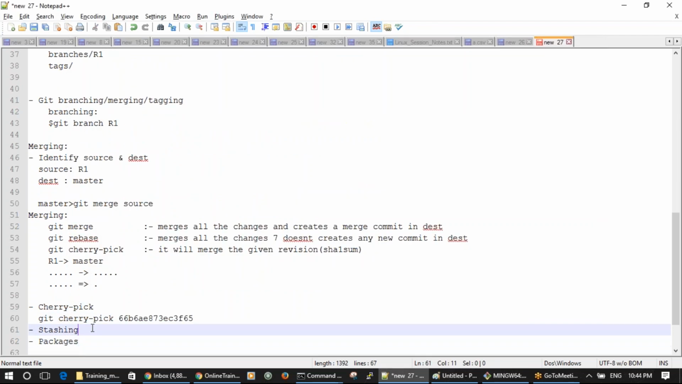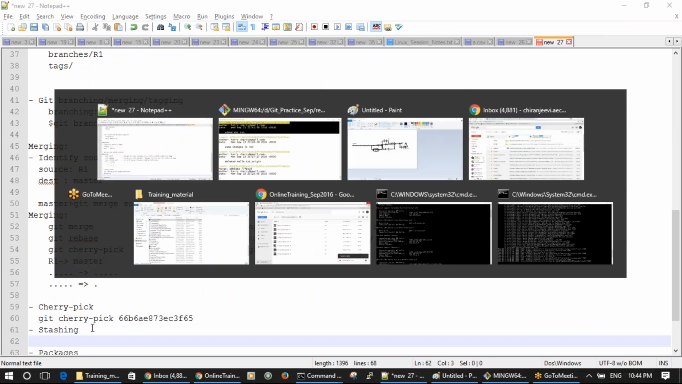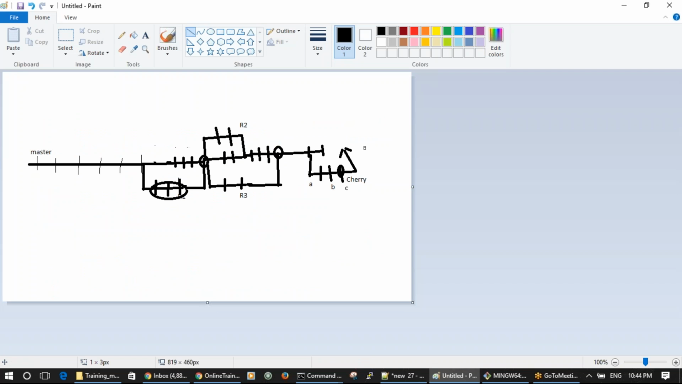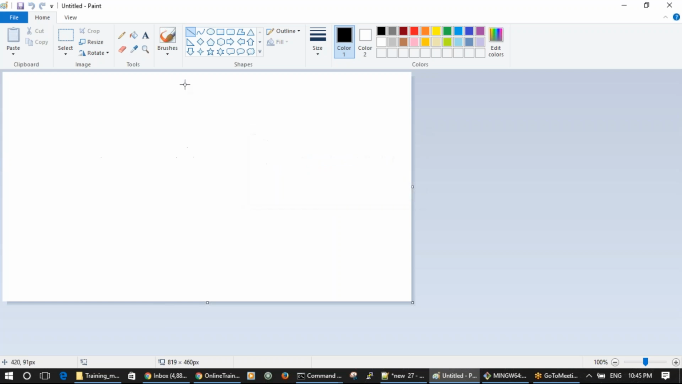Next, stashing. Okay. So what do you mean by stashing? Okay, I hope you remember this flow diagram. Okay, let me show you. I'll do one thing. I'll try to create a new one. Let's say,